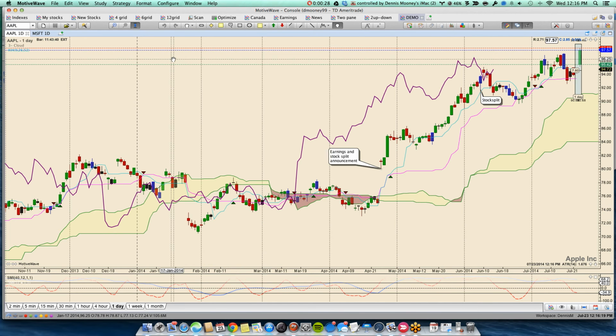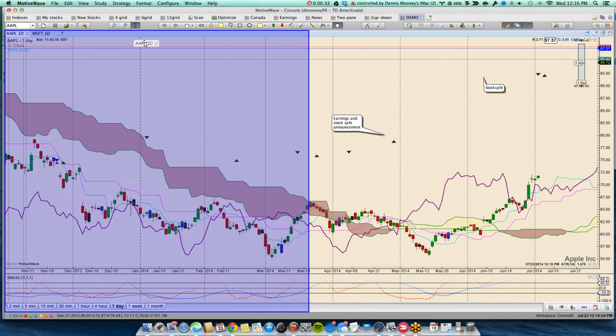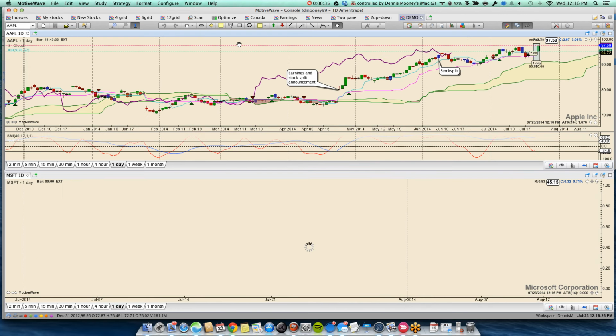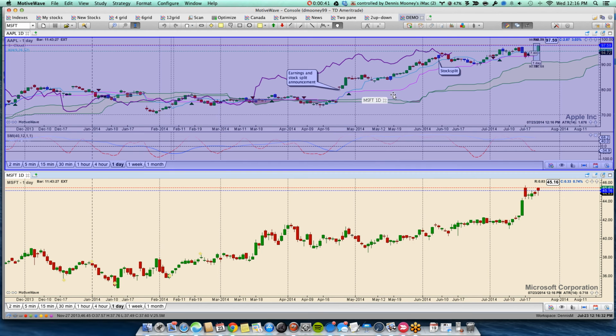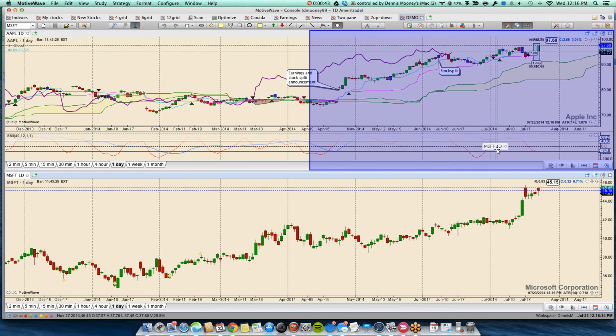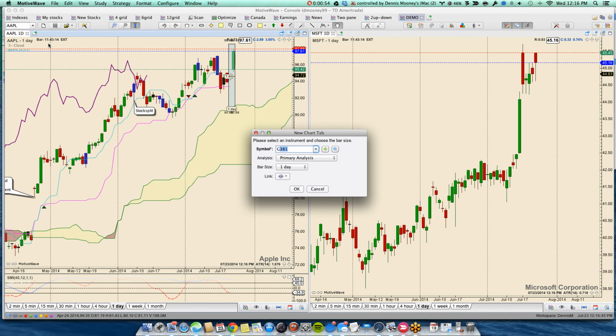This is what I got. Now if I want to convert this into a two panel, I just take this and I can go like this. Just clicked on the tab and dragged it. But if I don't like that format, I can click on Microsoft tab again and just move it over here, and I can create a split layout. I can add another stock here and I can say I want Google,